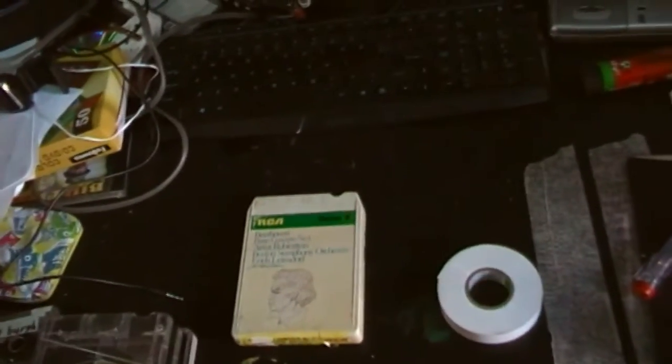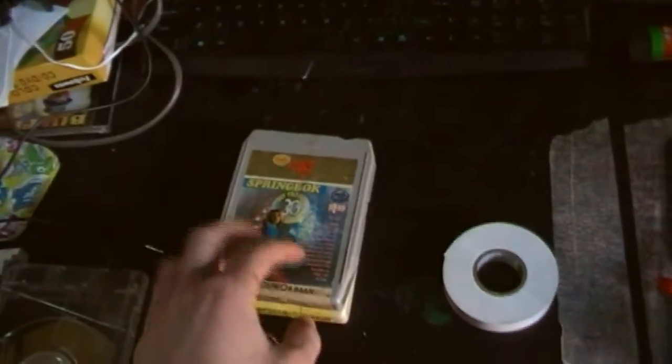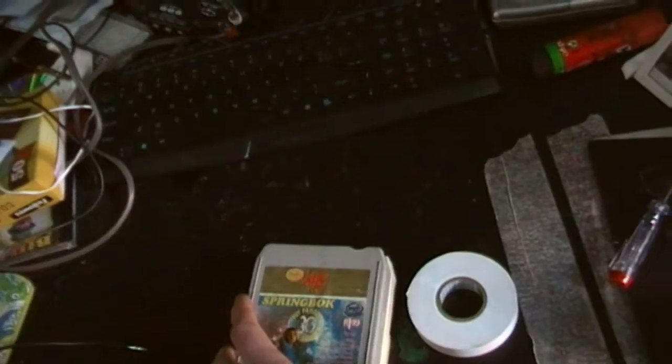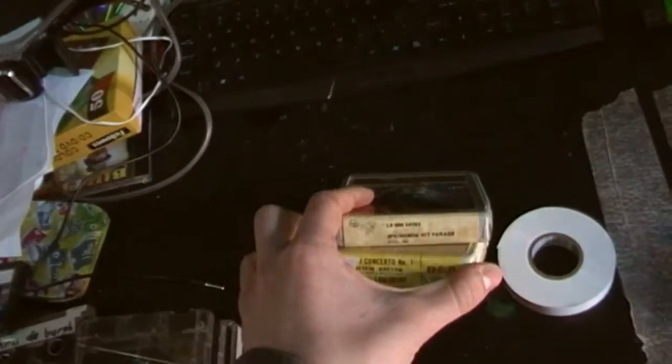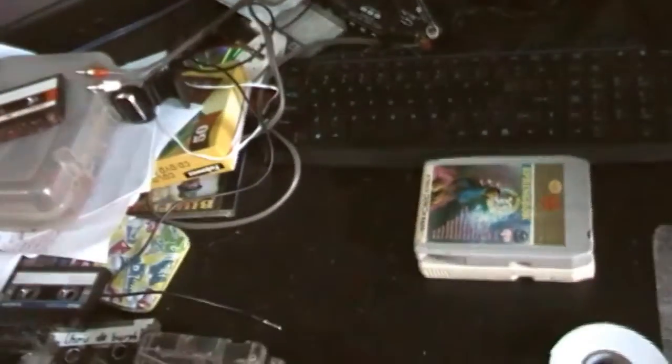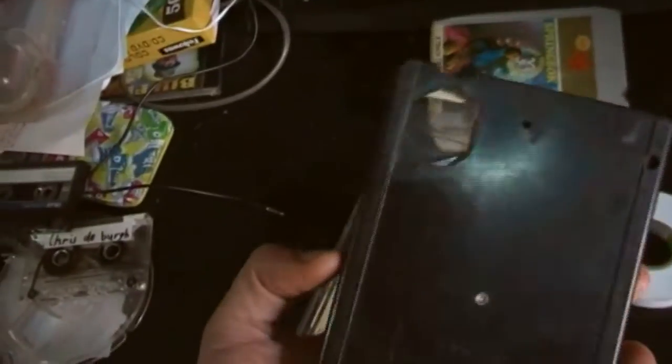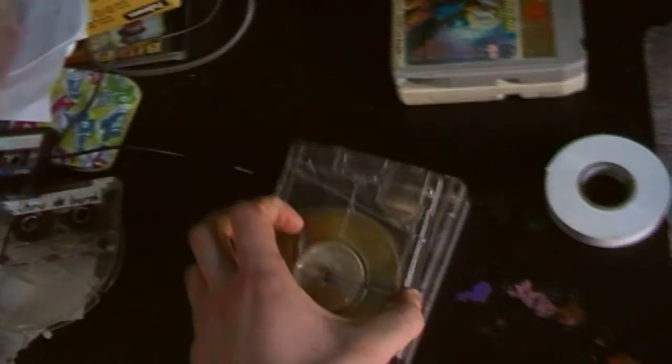So picture this. You go to a pawn shop in your local area or a salvage shop. You're an 8-track lover like me, or just any media lover, and you're perusing their selection of the usual Beethoven 8-tracks, country music, or depending on where you live, what's common for you, country music, Springbok, and 70s bands. And then you come across these. You're intrigued by them because you've never seen an 8-track like this before,